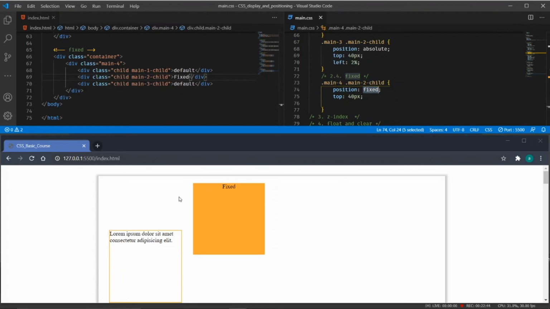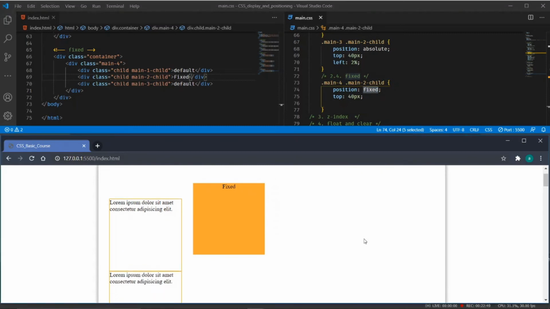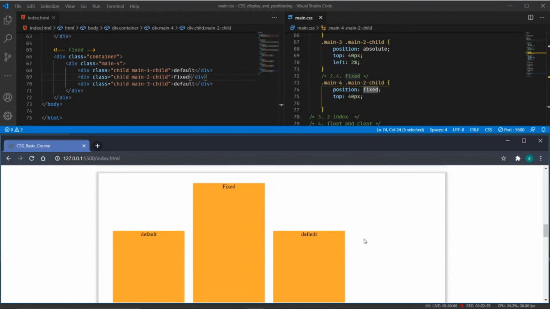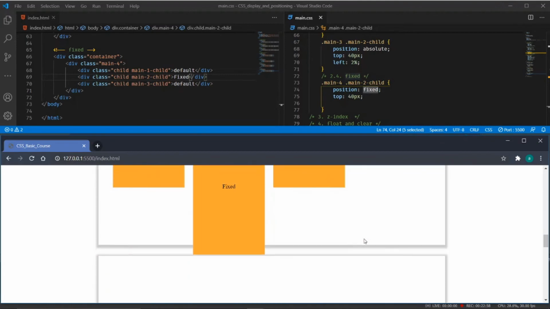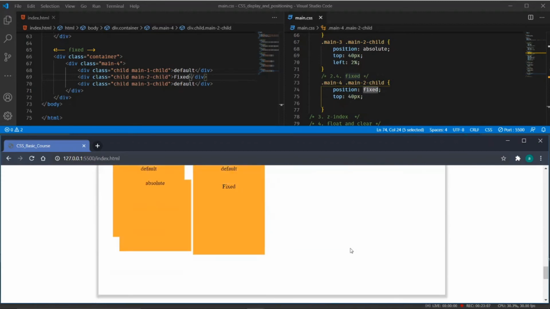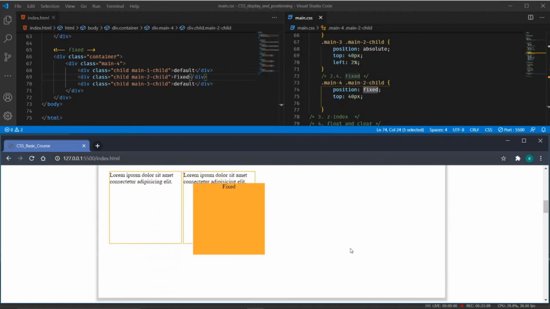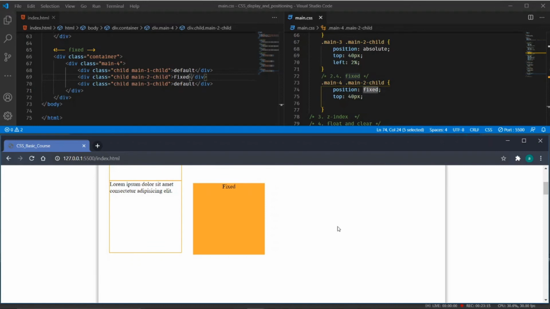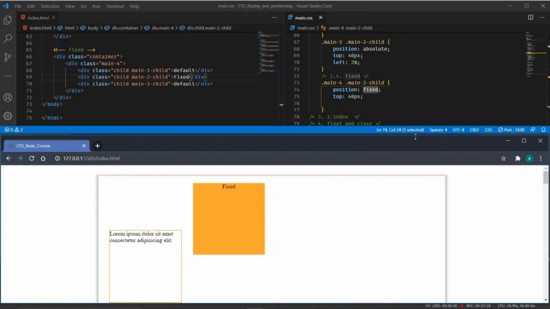What it will do is fix this container, and whenever you try to scroll it will stay fixed. As you can see on my screen, that particular container has been fixed, and when we scroll, that container is still at the same position as we want. So 40 pixel is the gap between the top and this one. We can have a fixed positioning based on a particular container also, but if I'm not passing any relativity, then it will take the relativity of the whole document and position itself. So I will just comment this out so that it is not affecting our future code.